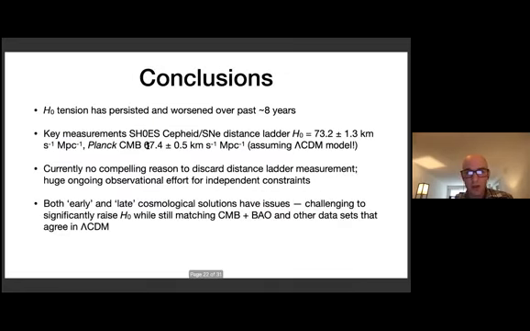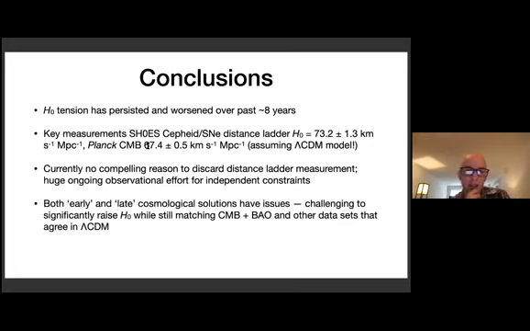All right. So to wrap things up, the H naught tensions persisted and worsened. I was checking the dates, and it's over 8 years since the initial Planck results came out. I've talked about the distance ladder, the CMB, and also the BAO as the key measurements in this. Although when it comes to testing models, a whole host of other cosmological data come in, and